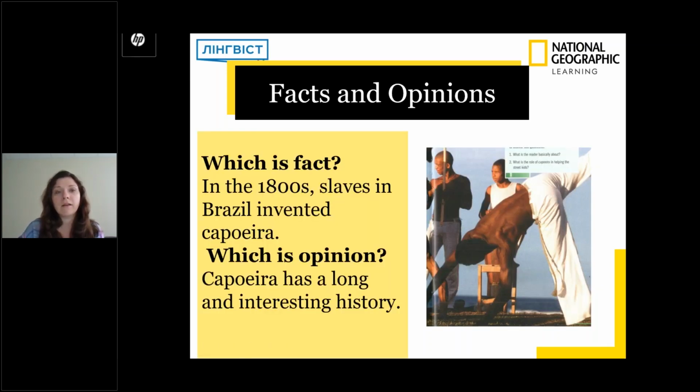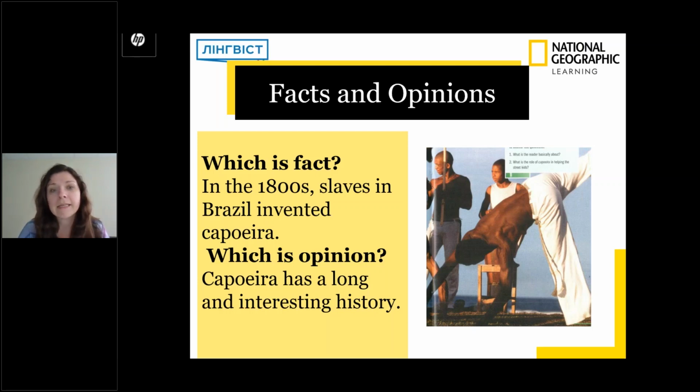In the 1800s, slaves in Brazil invented capoeira. This is a fact. Why? You need to ask your students why it is a fact, because here we have the year. Those are numbers, that is one of the signs. When we have adjectives like long, especially interesting, bright, or something like that, that is an opinion, because